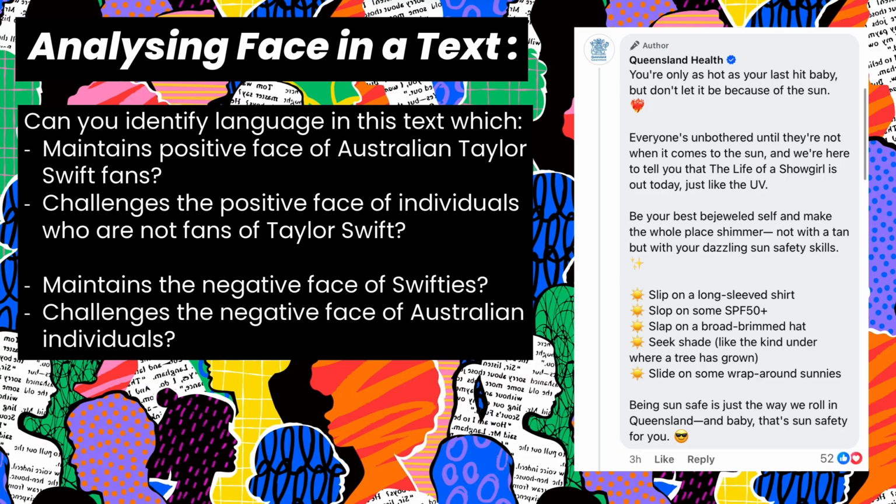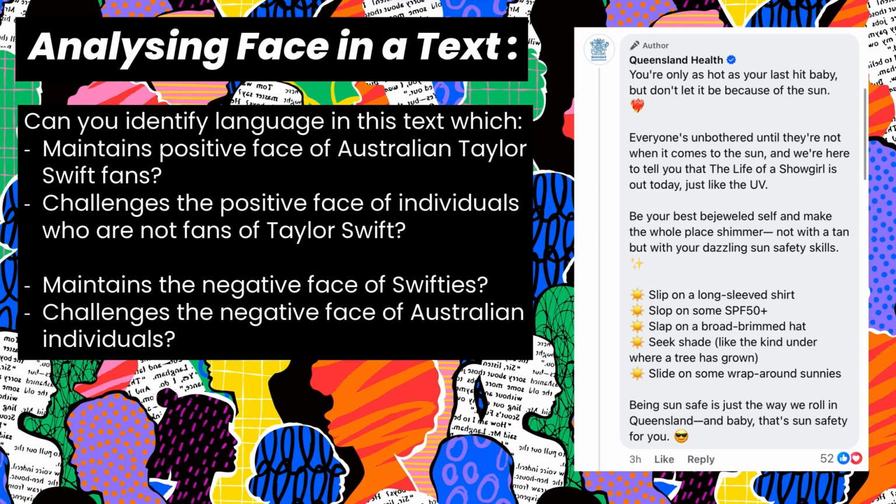Now, if we turn our attention to negative face, how do we go finding language features that maintain the negative face of Swifties? What in this text makes the audience feel as though they have some control? Now, I'm going to be honest. Of all of the questions I've asked you today, this one is probably the most difficult because we've clearly got language here that challenges the negative face of Australian individuals. We've got those listed imperatives that begin with that lovely emoji of a sun with slip on a long sleeves shirt, slop on some SPF 50 plus, slap on a broad brim hat, seek shade, and slide on some wraparound